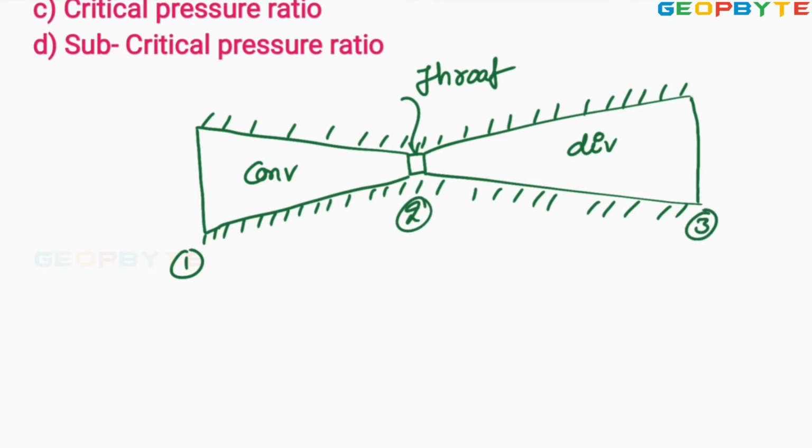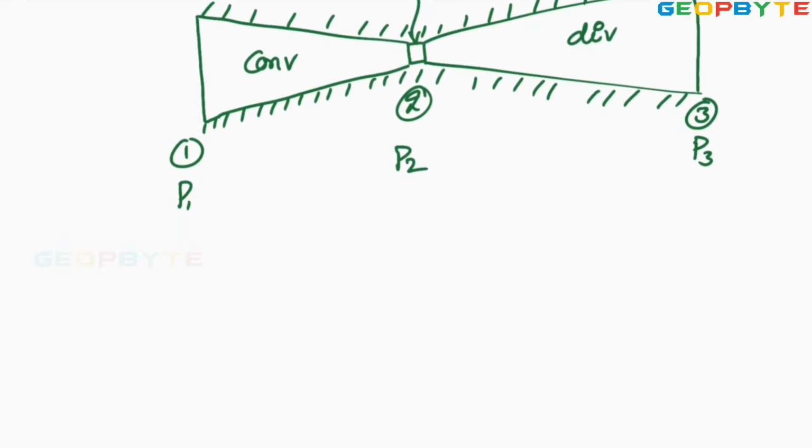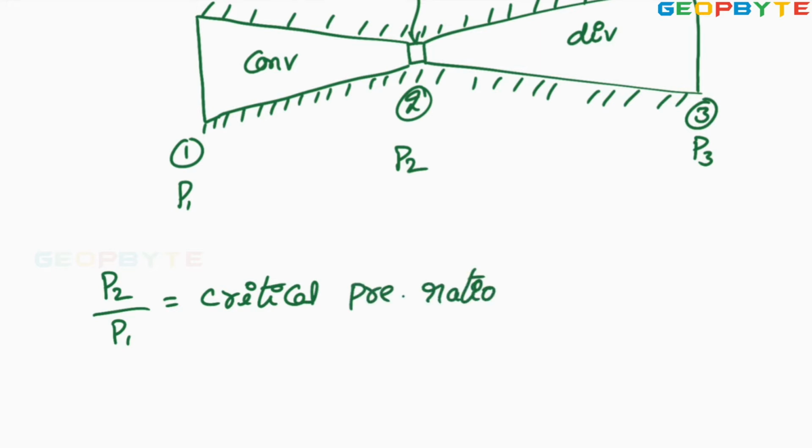The pressures with respect to the sections are P1, P2, P3. Remember, the quantity P2 by P1 is called the critical pressure ratio. For getting maximum discharge, maximum mass flow rate,